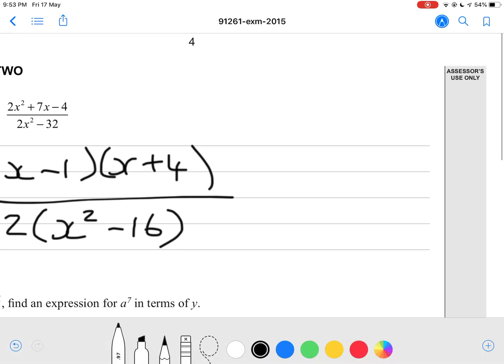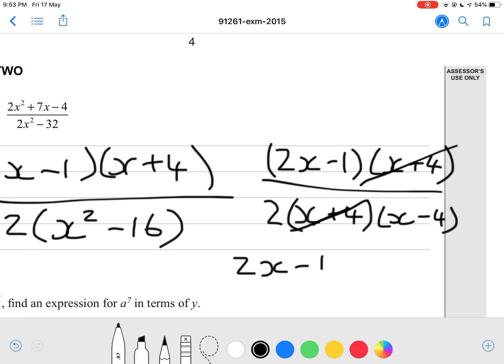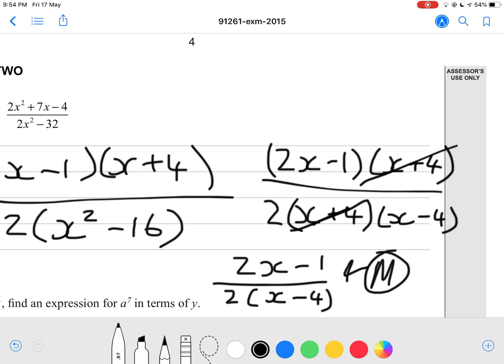Okay, so now we're gonna simplify. We're gonna say 2x minus 1 times x plus 4 divided by x plus 4 times x minus 4, whole times by 2. So then we have a common factor here, so we can just get rid of it. So basically we have 2x minus 1 divided by 2x minus 4. And yeah, you actually don't have to expand that. You can just leave it like that, okay? So basically, this will get you a merit grade to get to here, and to get an achieved grade, you basically factorize